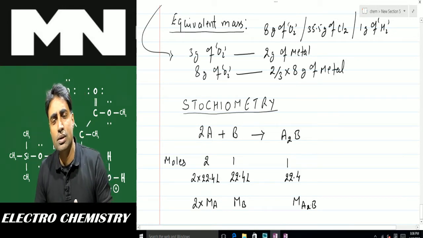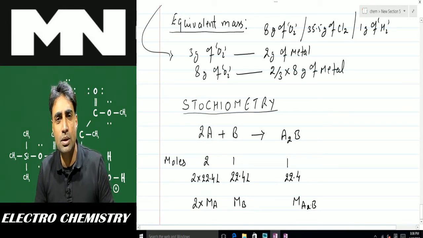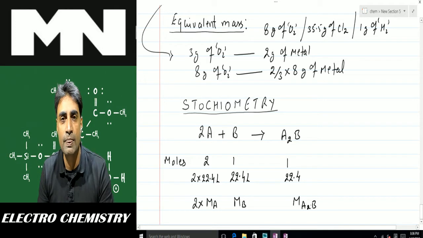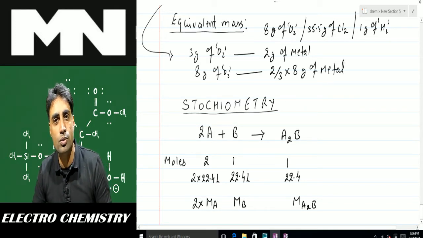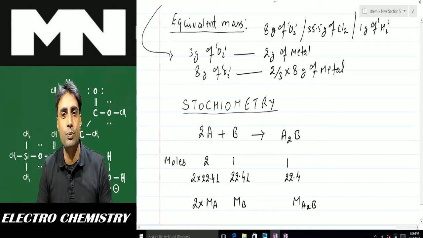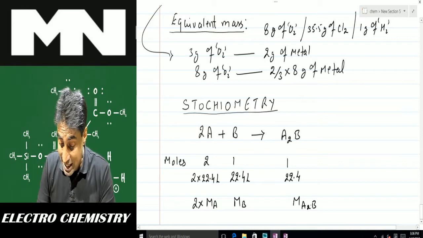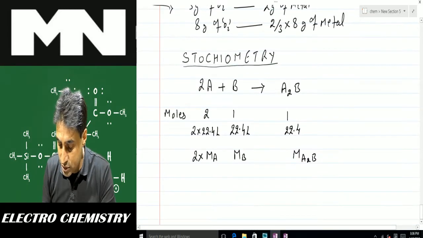So when through a chemical reaction, we come to these conclusions, we measure them and we conclude something, that is known as stoichiometry. In stoichiometry, we get the mass or the volume of reactant, and through that we predict how much product we will be getting. In this, I give you one example. Suppose I have a reaction like